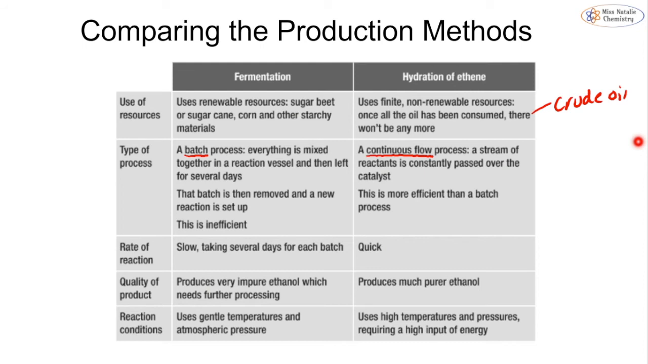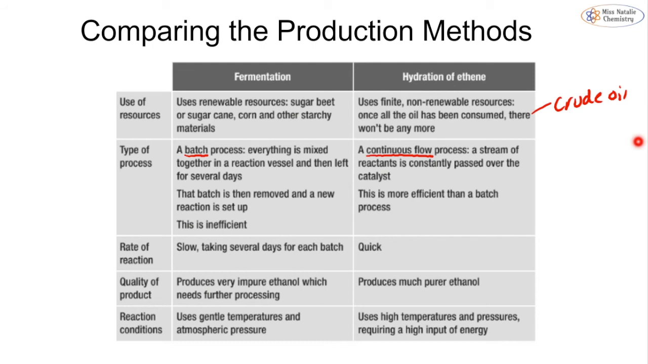In terms of rate of reaction, fermentation is quite slow. As we said, it takes several days, whereas hydration is a very fast reaction. Fermentation produces a poorer quality of product. It typically needs further processing, and we also make this additional product of carbon dioxide, whereas hydration produces much purer ethanol that we don't really need to process. One of the big things is the reaction conditions. For fermentation, we use atmospheric pressure and very gentle temperatures, so our energy costs are quite low. Whereas hydration needs very high temperatures and pressures, so it requires quite a high input of energy,